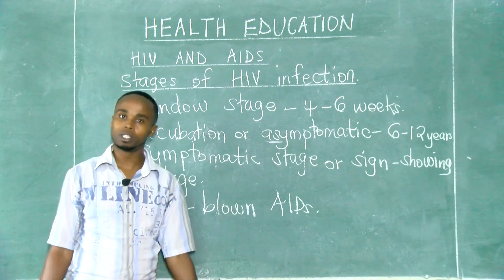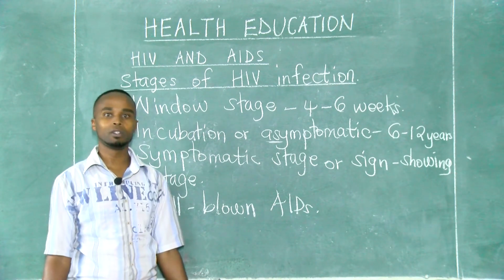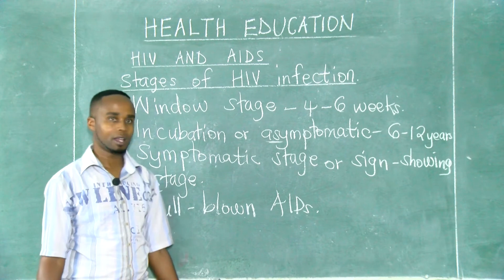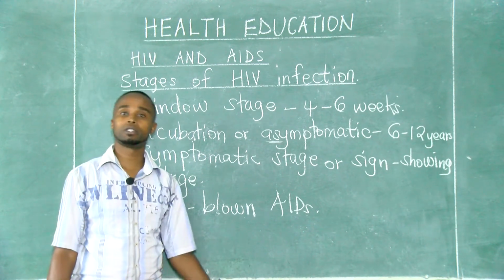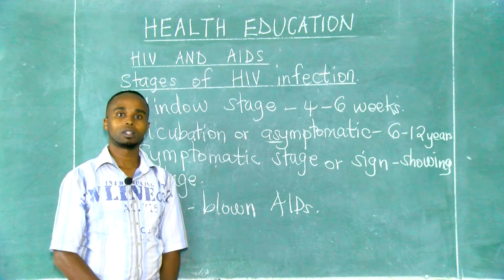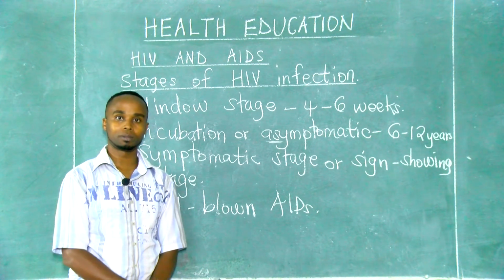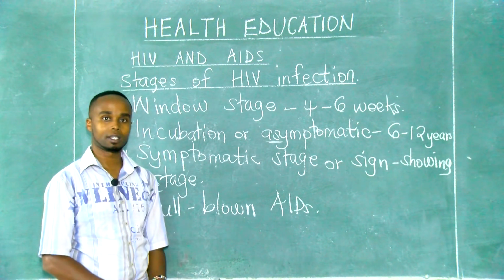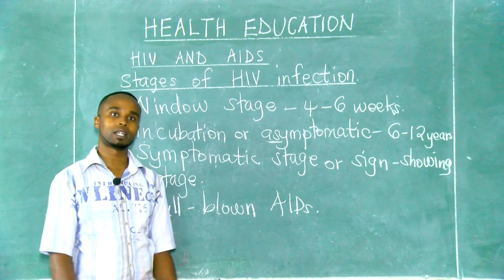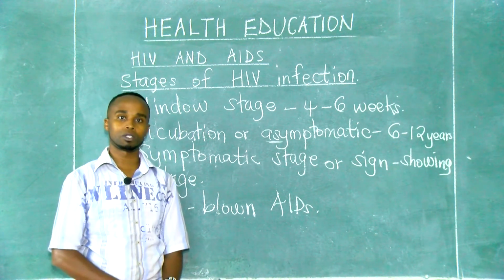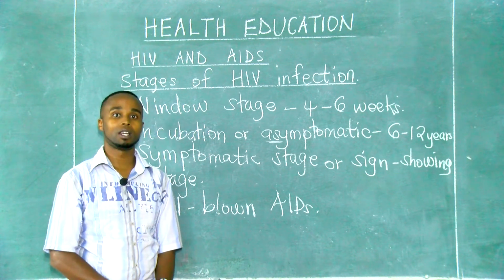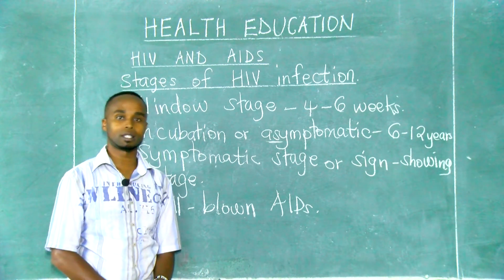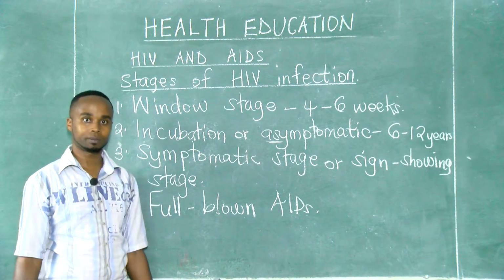When it gets into your body, it attacks the immune system and ensures that the immune system is completely destroyed. That means that if your immune system is completely destroyed, you don't have any other protection in your body. You can be easily killed by a minor disease. Yes, and those diseases that attack you because your immune system is weak or completely destroyed are known as opportunistic diseases. And those opportunistic diseases are the ones that kill a person.